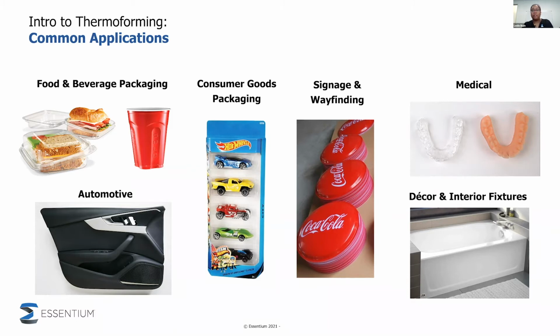Next, we have medical. Invisalign aligners, those types of clear invisible braces, are thermoformed as well, but in much lower quantities, and used to correctly articulate your teeth into the right orientation. Lastly, we have decor and interior fixtures. Bathtubs are actually thermoformed as well. Those are higher gauge thermoforming procedures, but